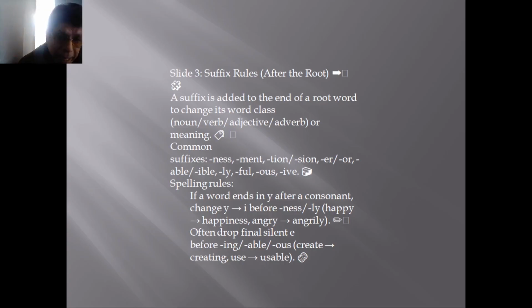A suffix, when added at the end of a root word, changes its class, say, to noun, to verb, to adjective, to adverb, or also changes the meaning. The common suffixes are ness, ment, tion, sion, er, or, able, ible, ly, ful, ive. Also you have to know the meaning of these